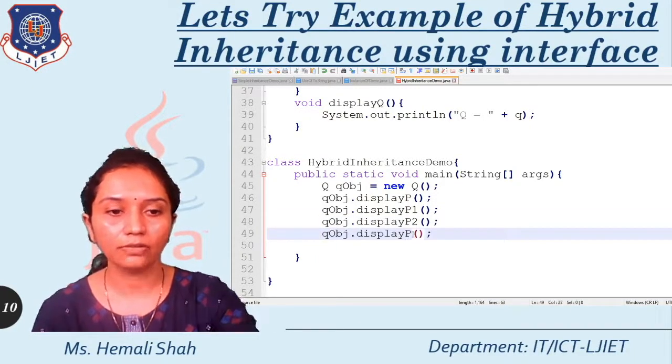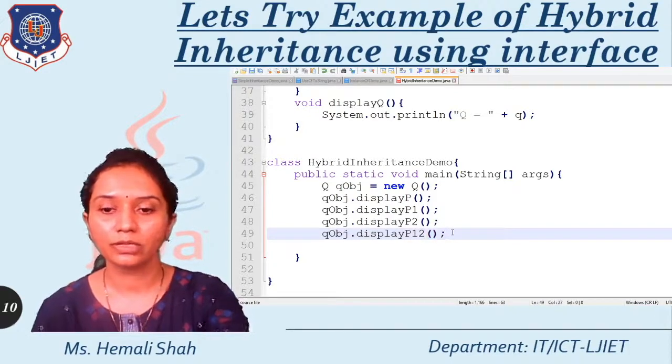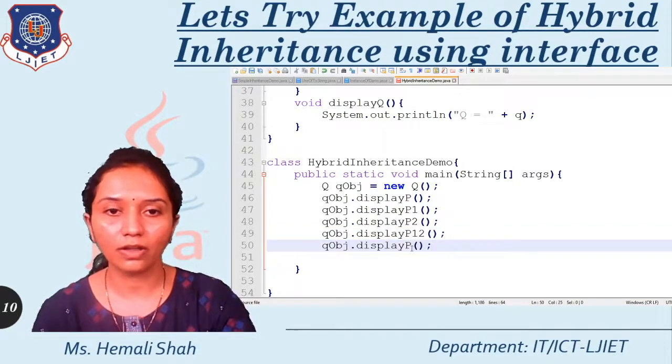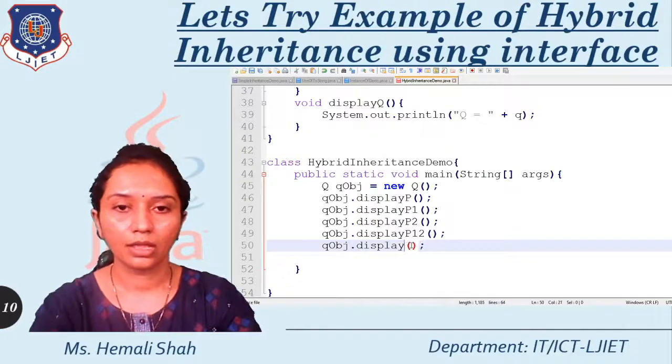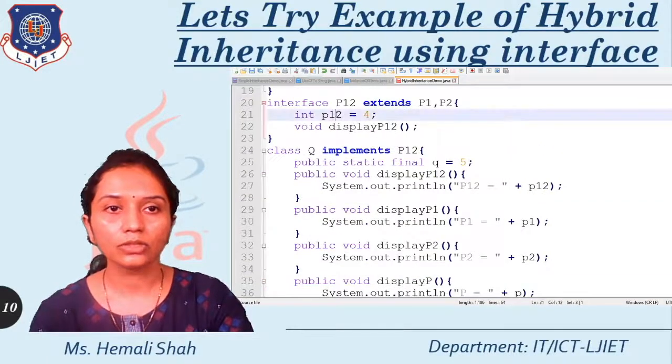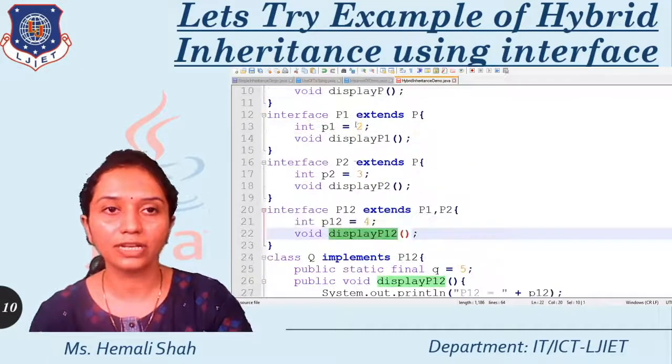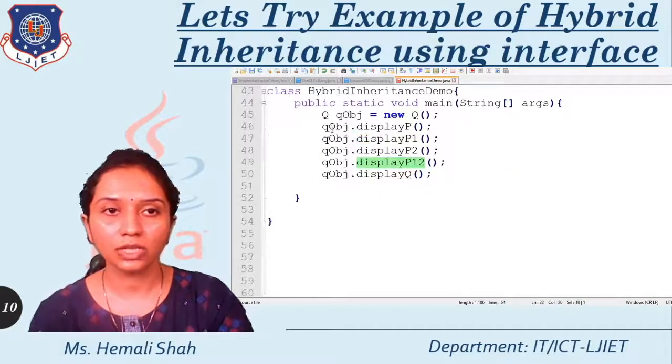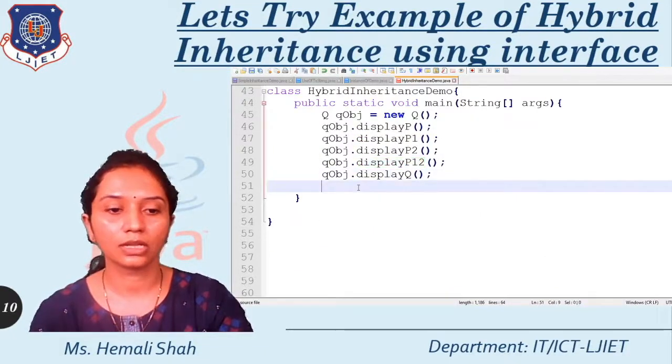Now again call the function display p12, and again call the function display Q. This display Q is a function of this Q, right? So all of these are functions of the interfaces, and I'm just calling all these functions, right?